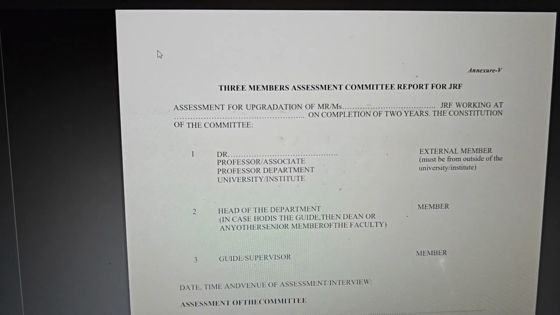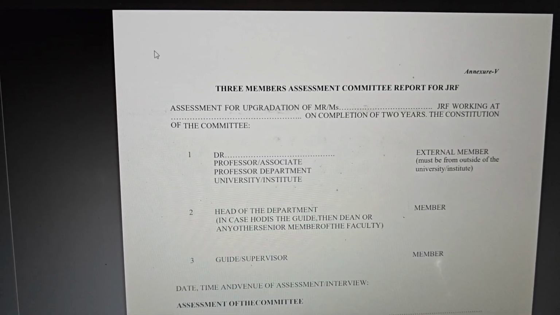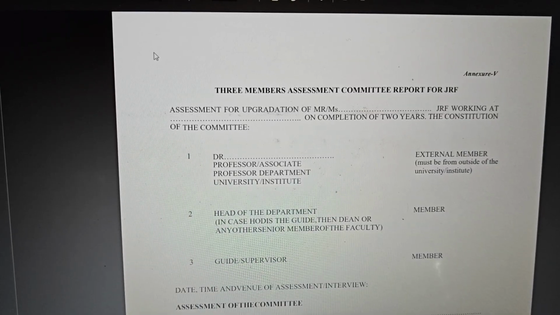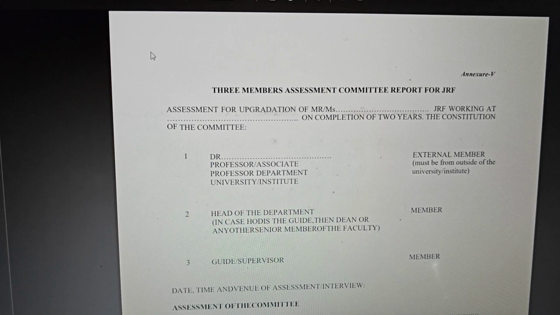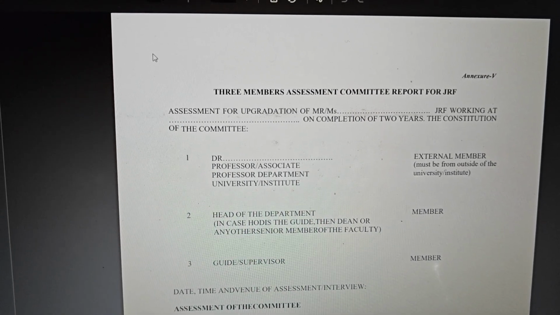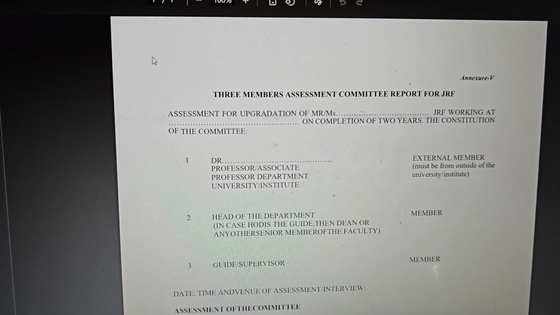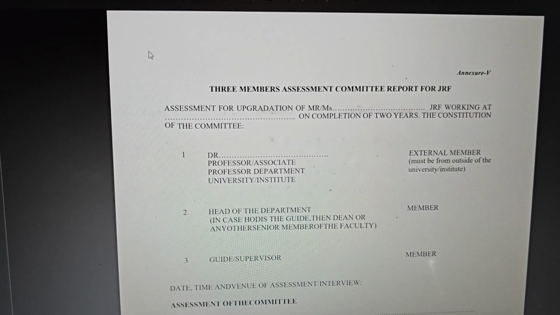I think for every institution that is the same, and they call it RAC, DAC, and other names also. But after 6 months we have to give a report to our institute, and those members plus one another member from another institution, and they must be an associate professor. Assistant professor is not eligible for giving you this